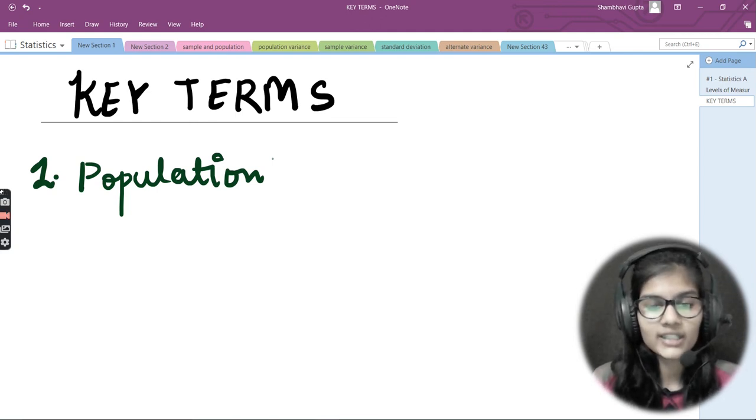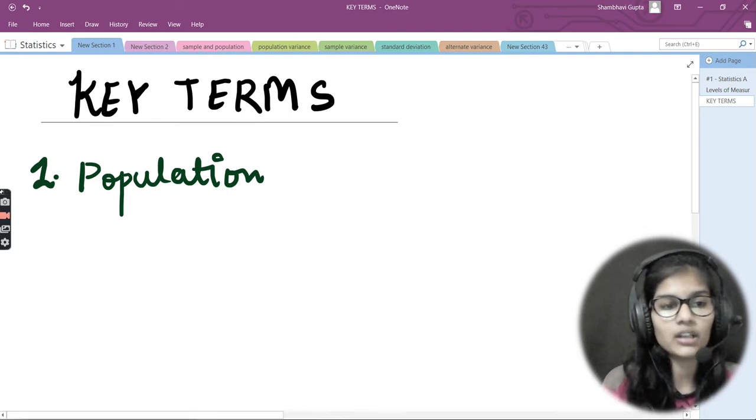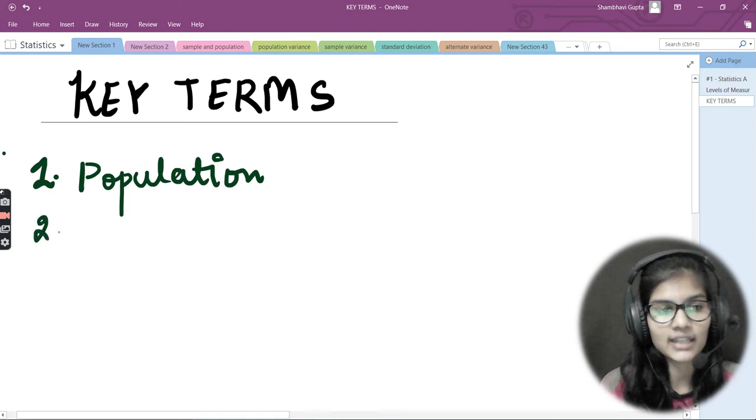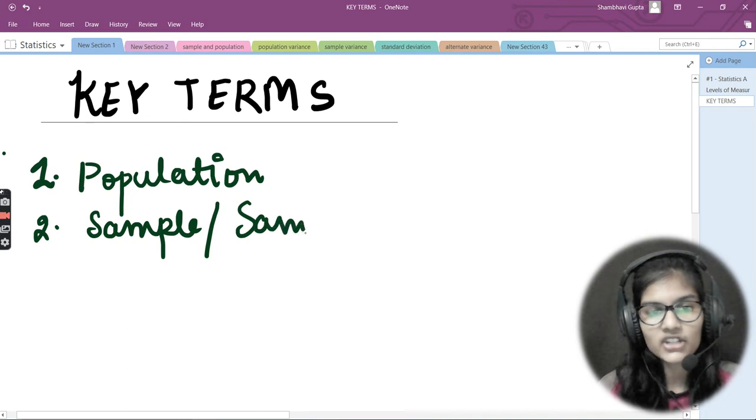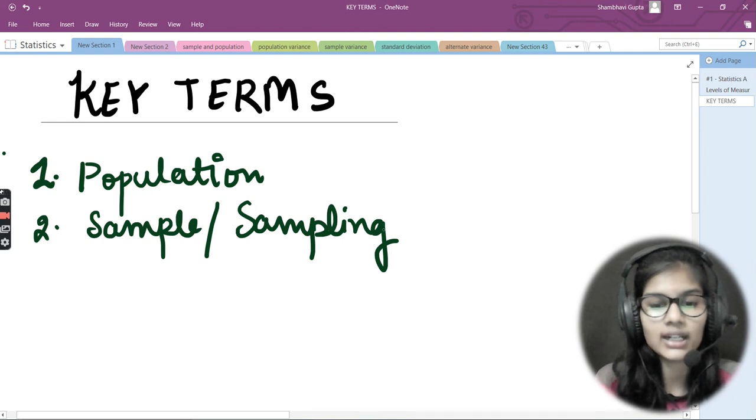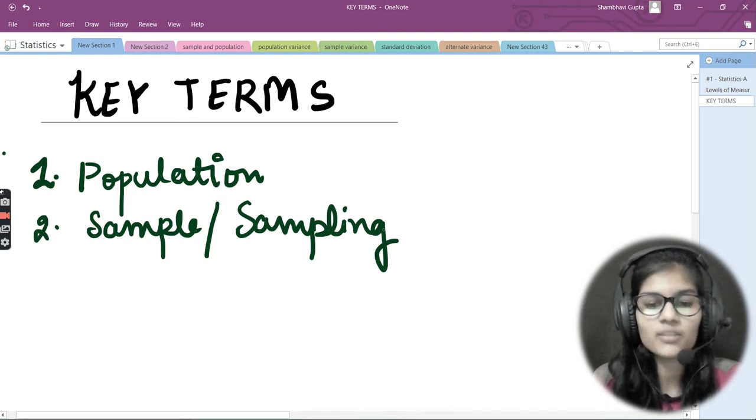So what we do is we select a sample from that population, and this is what we call a sample. The idea of sampling came when we want to select a portion from a larger population and study that portion to gain some information about the population. That is what we call a sample, or you can call that technique sampling. So I would write here the second topic for discussion, that is sample slash sampling. As I told you, let's say you have a huge population.